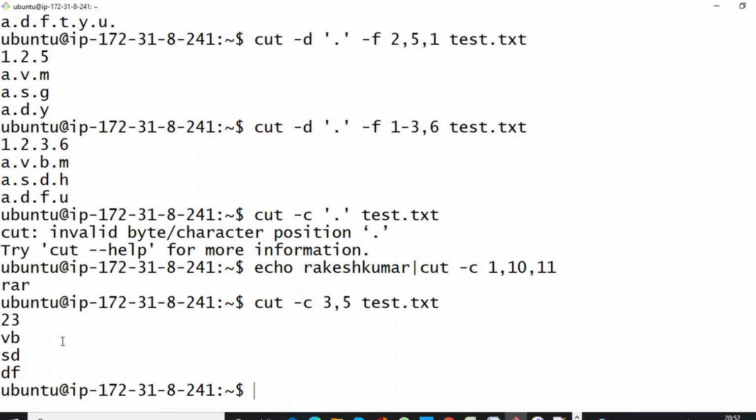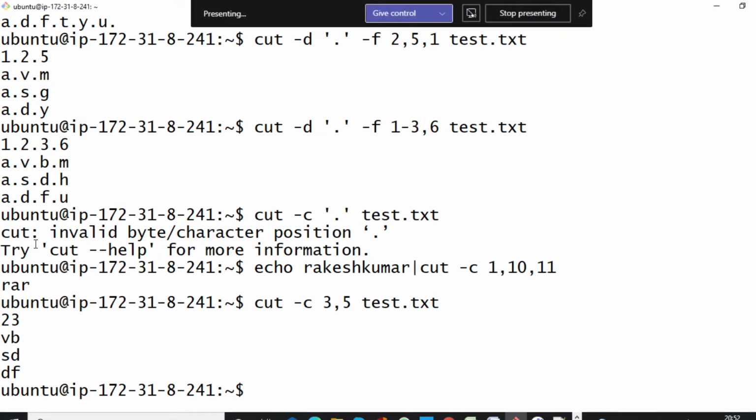Here you can see the third character is 2VSD, and the fifth character is 5. One, second, third, fourth, fifth, this is the fifth character, so it is printing the fifth character of every row.